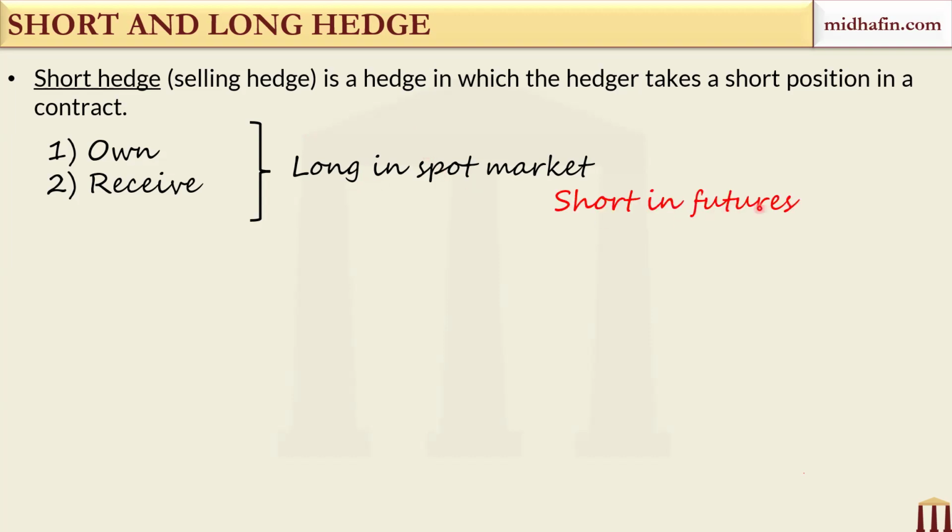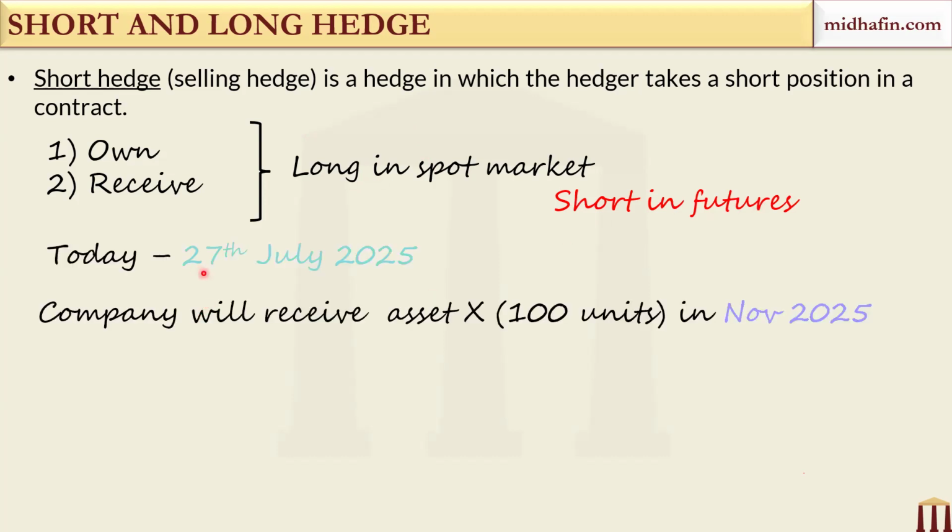Okay. So let's take an example. Let's say today is 27th of July. Let's say a company will receive an asset X, 100 units of that asset X, in November 2025. Again, in November 2025. Okay. So suppose we have to minimize the risk of the asset price changing after